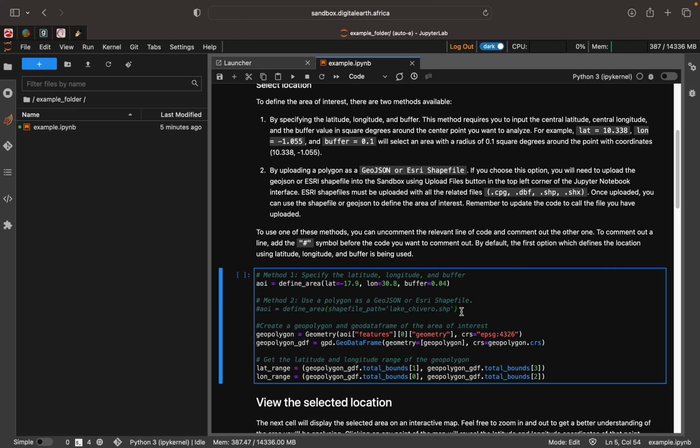But we see that the line that corresponds to method 2 is commented out. So this is just to say that in this particular example, we're using method 1, which is the latitude, longitude, and buffer, instead of method 2, which is the vector file. So when we do run the code, we will be using the method that we're more familiar with. So what that does then, you just need to provide it with the appropriate latitude and the longitude and the buffer. By it, I mean provide them to the define area